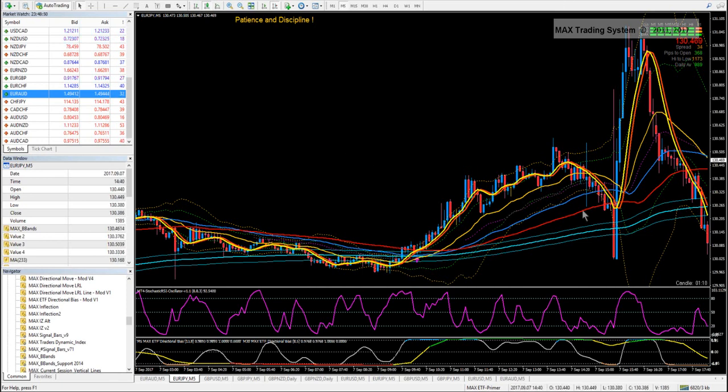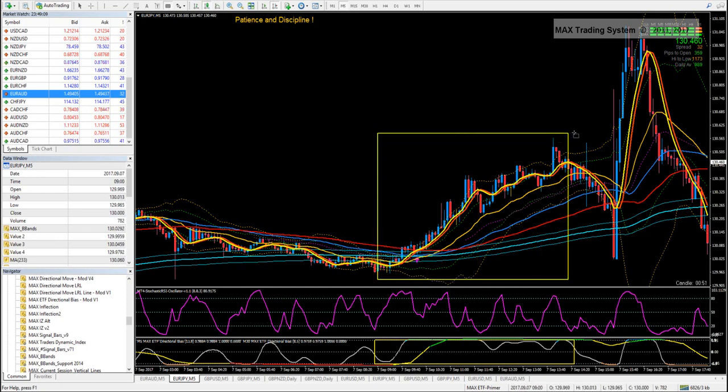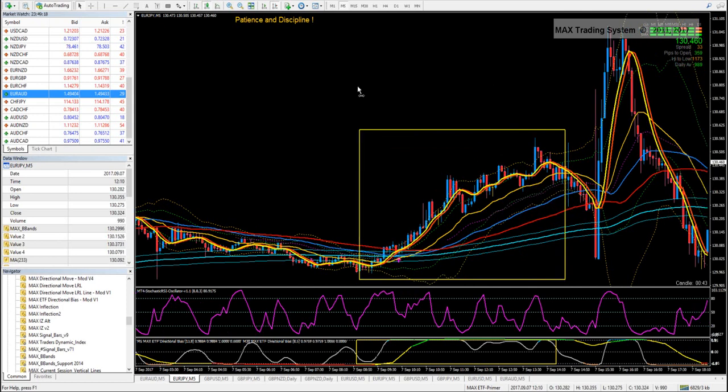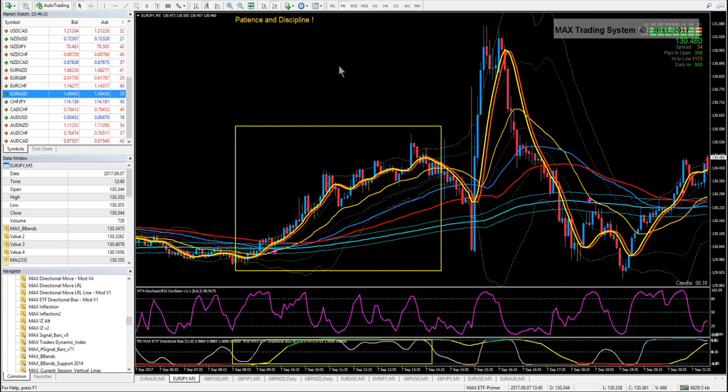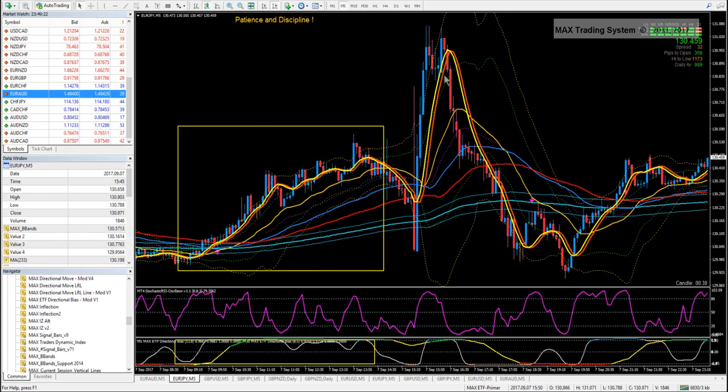And so in this area, before the ECB, I will not give you the rules of the indicator, but during all that period here, the indicator was showing that the bias was to the upside, up to this area approximately. And so all that movement was a directional movement, and you can see that we catch the entire movement, despite that sometimes the price is making a pullback. Of course, we have to skip the ECB, but once the volatility settled down,